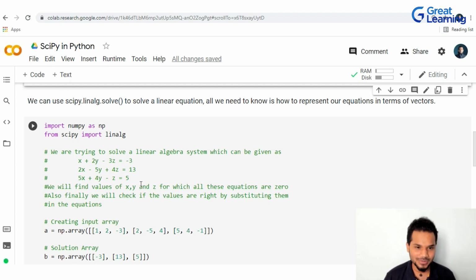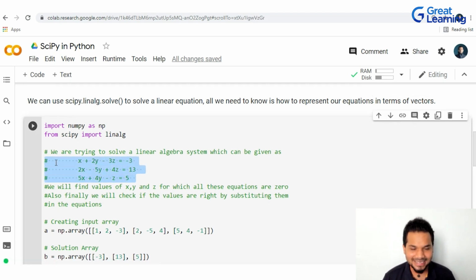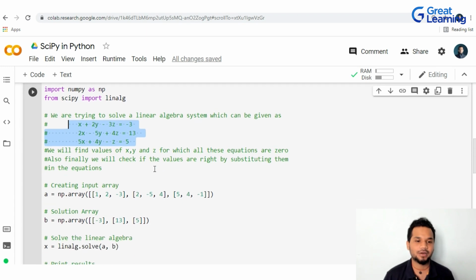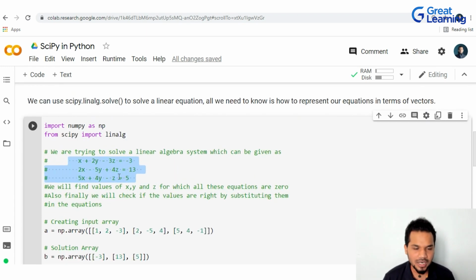I'm going to take you back to your school days because look at this. This is a linear algebraic solution, right? Now, when you take a look at the various equations that we have here, all we're trying to do is solve these three equations and find the value of x, y, and z for whenever these equations become 0, and you can eventually find out, right? So all we have to do is move a couple of things around. We have to multiply certain equations with certain entities, and then you can get to solve.